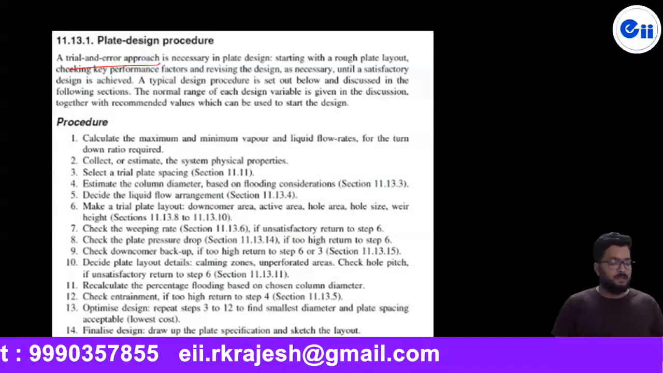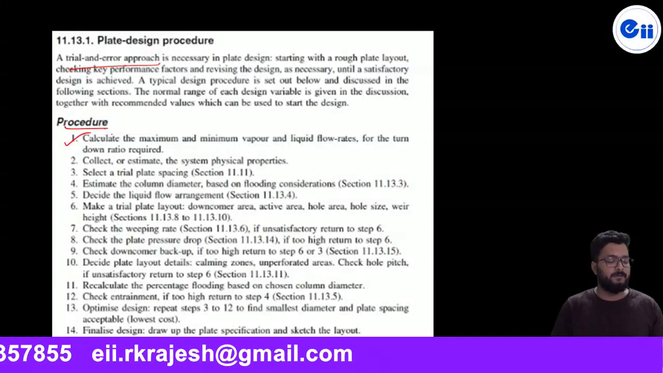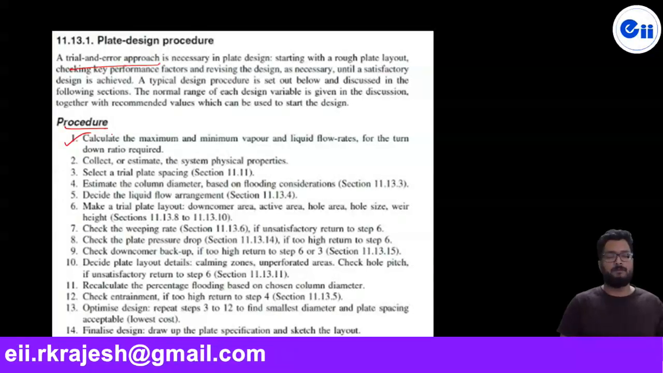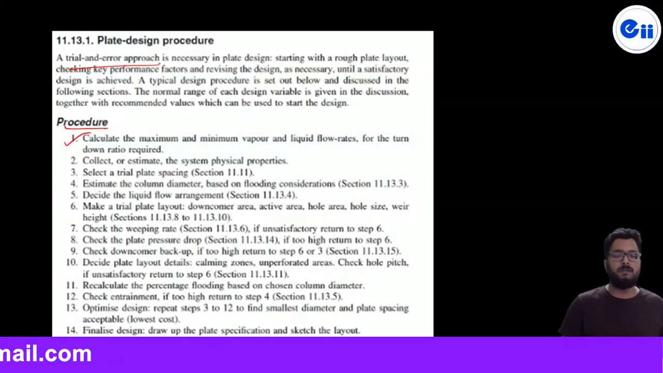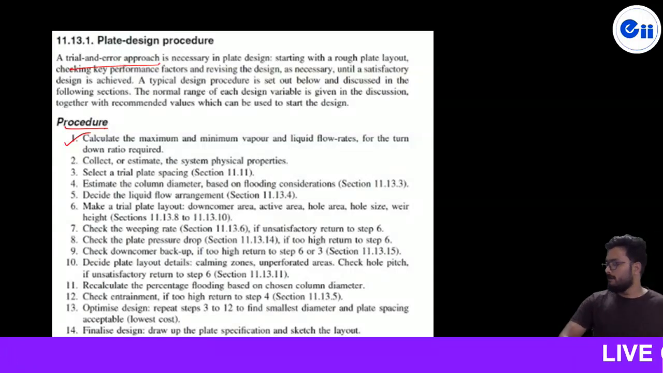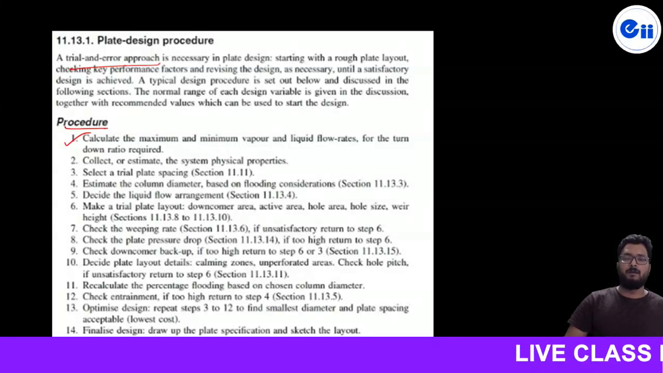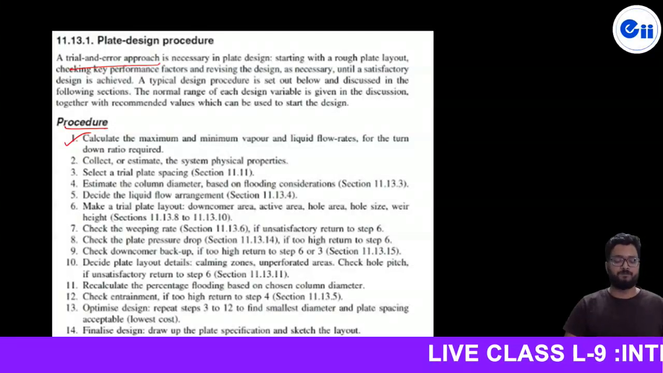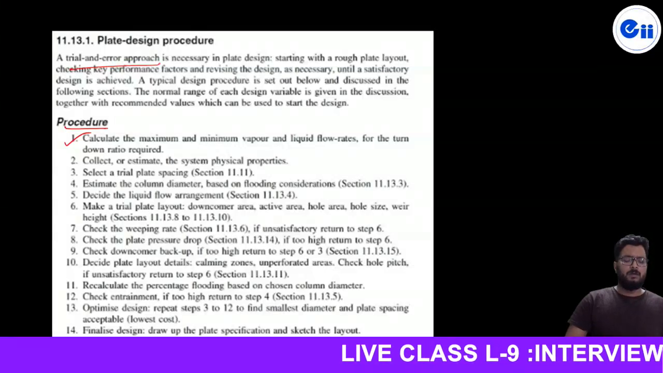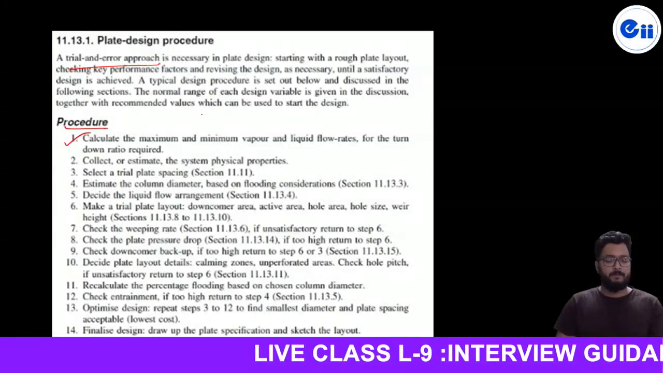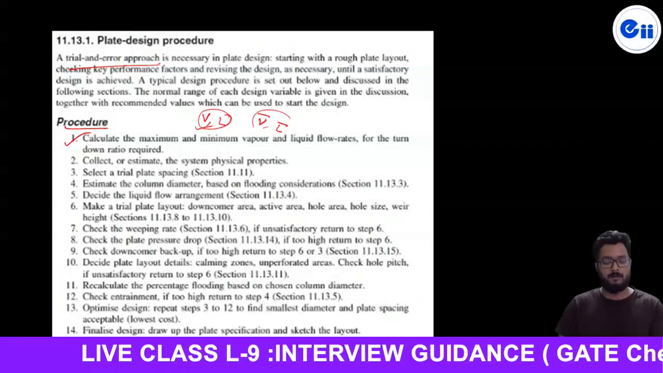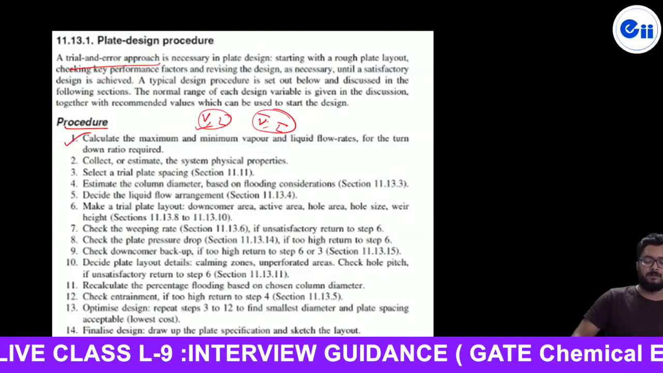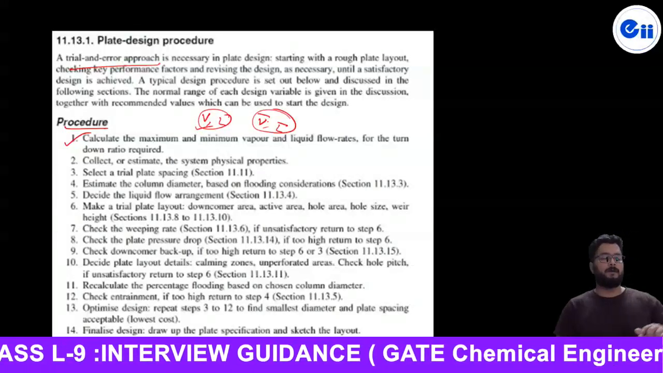Now the procedure is here. First of all, from the given data of the feed and all the things, we are able to calculate the maximum and minimum vapor and liquid flow rates by the data given in the problem. I will show you the problem. So first of all we have to calculate V and L for rectifying, and V bar and L bar for the vapor and liquid flow in the stripping section. It means first of all we have to calculate the vapor and liquid flow in the